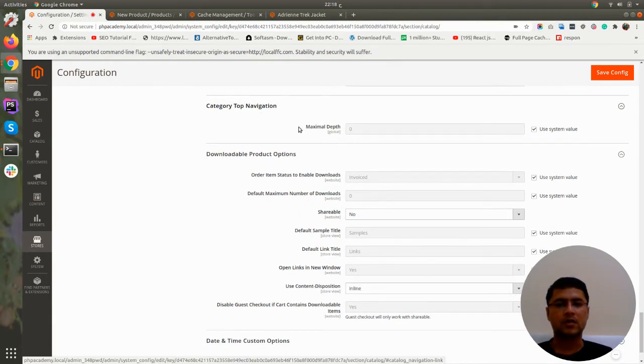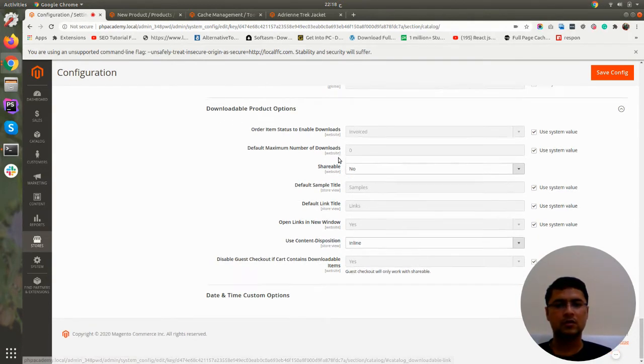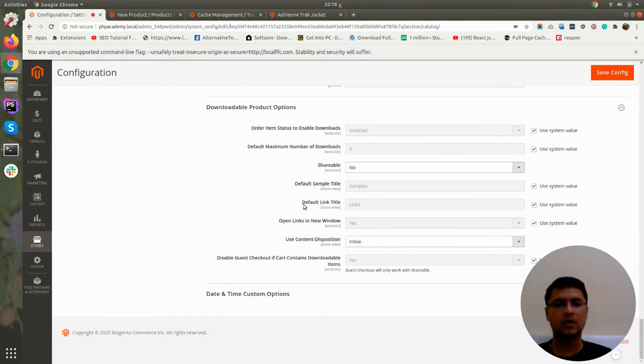Category top navigation. So here you can define the maximum depth of the categories. Then downloadable products options. So here you can set the options for downloadable products, like when customers should be able to download the product. So by default it is invoiced. You can change it to pending or whatever.